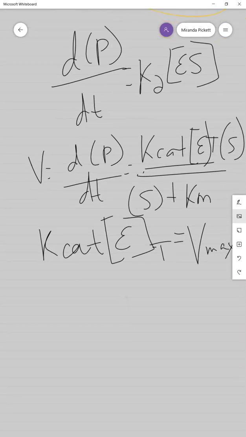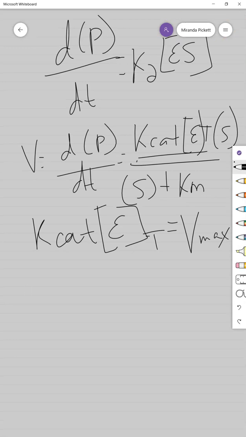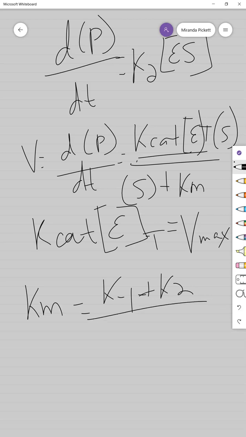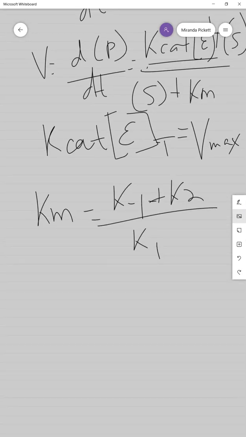And then when we're talking about Km here, Km is essentially half of Vmax. That's how I like to remember it. Km stands for the Michaelis constant, and it's actually equal to K negative 1 plus K2 divided by K1. Or you could write it alternatively as